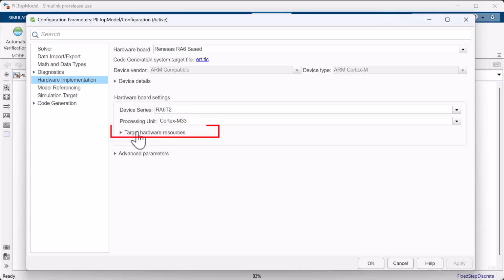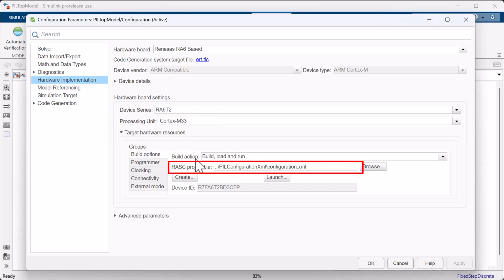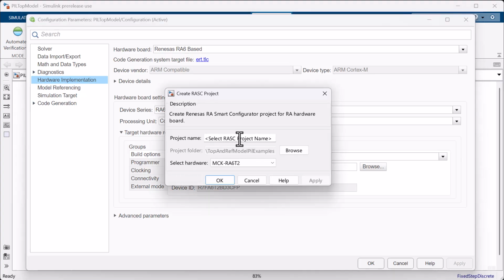Expand the target hardware resources. Here is the placeholder to include the XML file generated from the RA Smart Configurator, which is used to configure peripherals. For this demo, we just need to set up the communication. So, let's quickly configure the UART in RA Smart Configurator. For that, you can either create a new RASC project by clicking on Create or locate an existing project if you already have one by clicking on Browse. For this example, let's create a new project